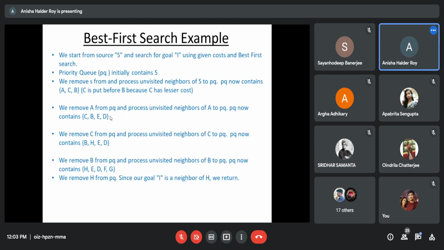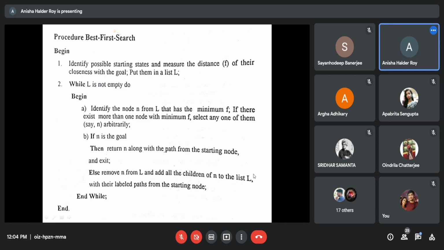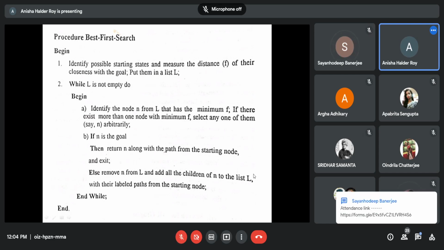Okay? With their labeled path from the starting node. These labeled paths are called the cost function, with the ascending order of their cost function. In while end. Is it understood? Is best first search understood? Yes, ma'am.